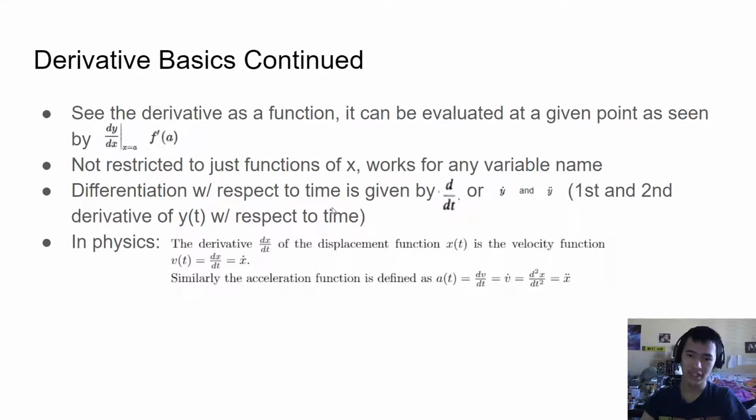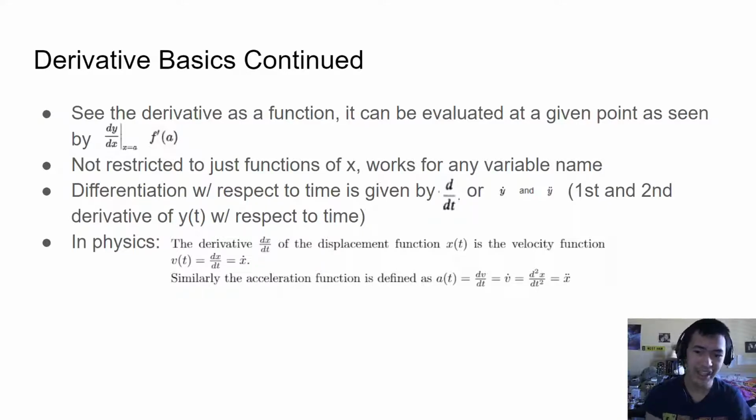Differentiation with respect to time is given by d by dt, or y dot and y double dot, where y dot is the first derivative and y double dot is the second derivative of y of t with respect to time. Now, in physics, you're often going to see the displacement function x of t, and the velocity function is just defined as